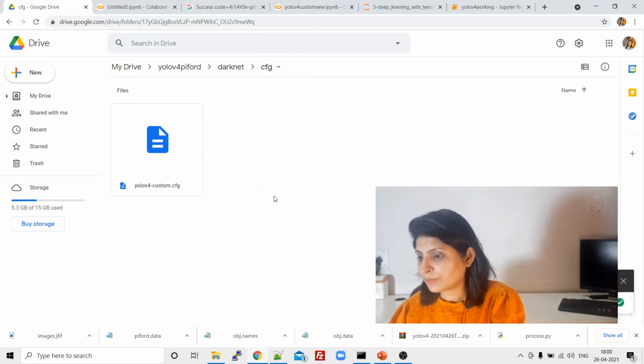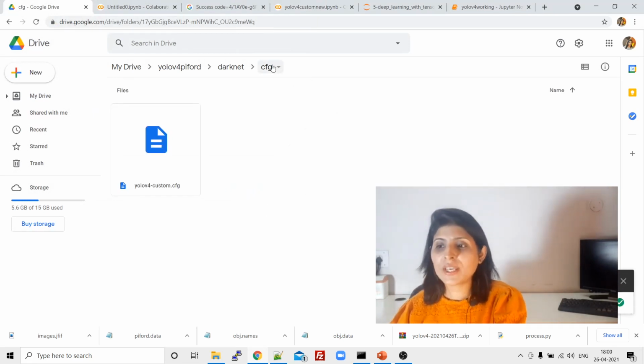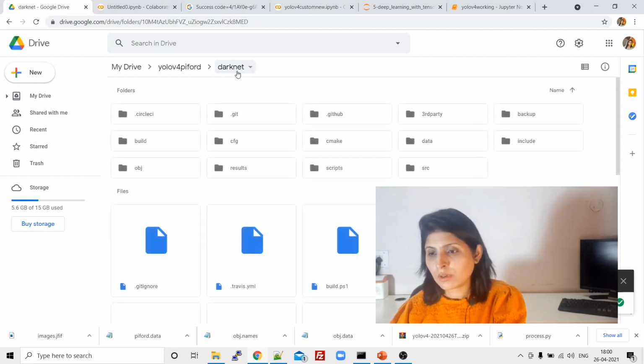So now what do we have in our CFG folder? The YOLO v4 custom.cfg file. Now come out from this CFG folder and you have one data folder.